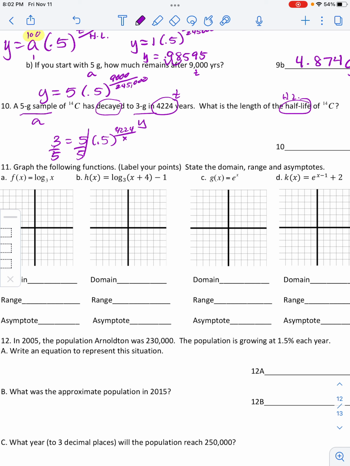So 3 divided by 5 is going to be 0.6. And then I'm going to have,